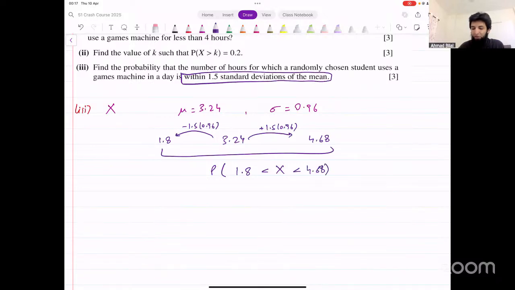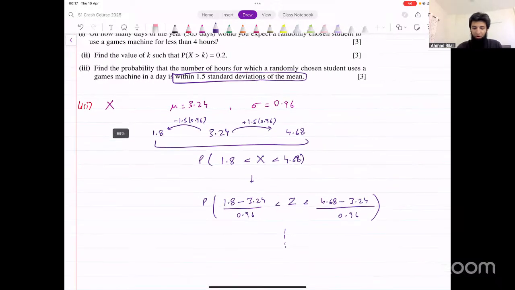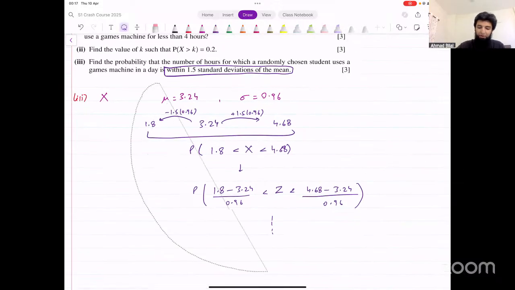And then you would convert it to Z values. You would say 1.8 minus the mean, which is 3.24, divided by the standard deviation, that's 0.96, and then Z, and then that's less than 4.68 minus 3.24 divided by the standard deviation, which is 0.96, and then you get some Z values from this. You can skip all of this working, and you can directly say,